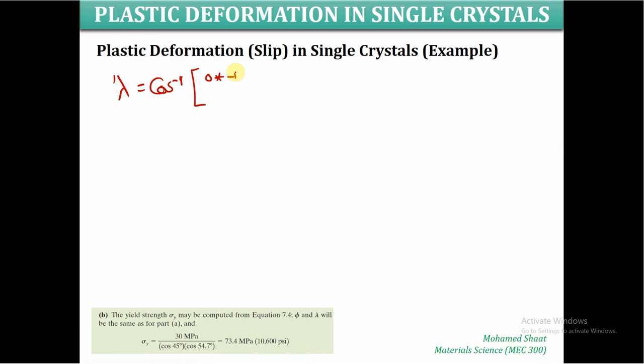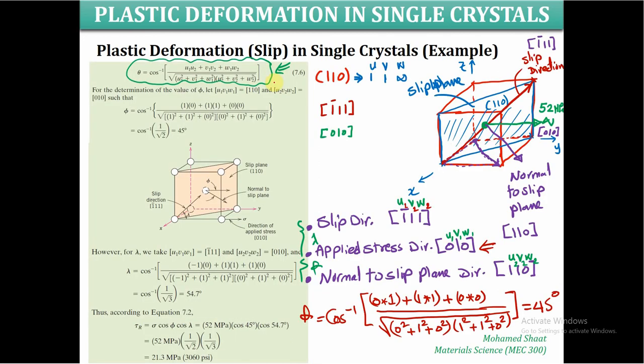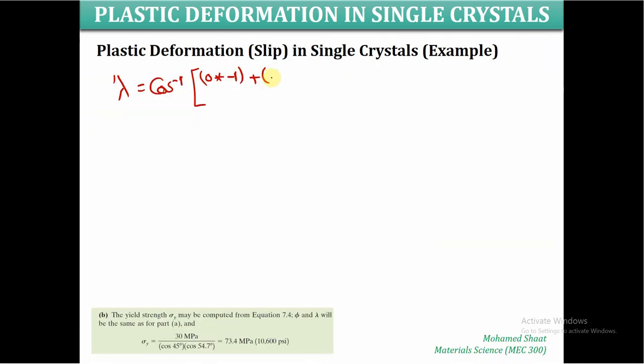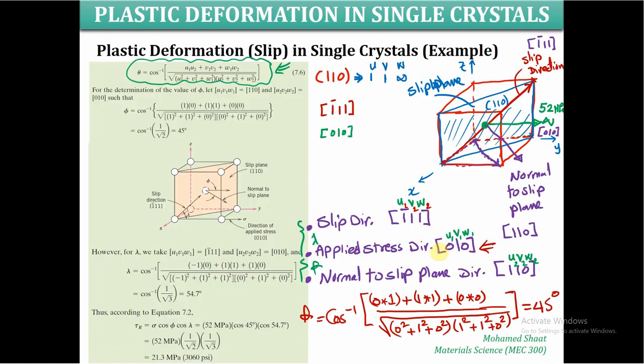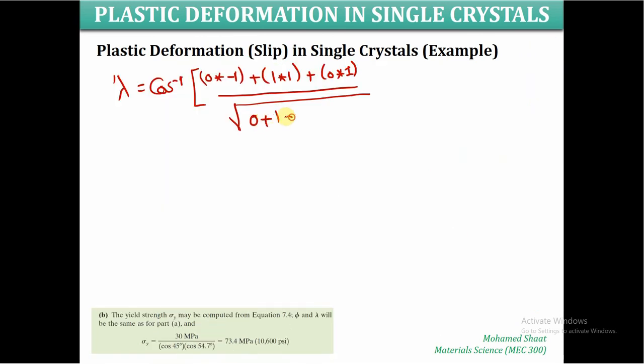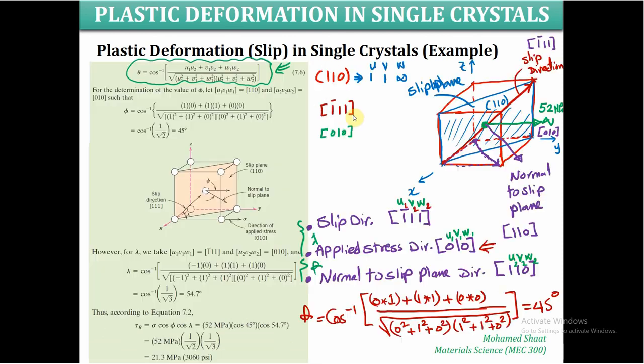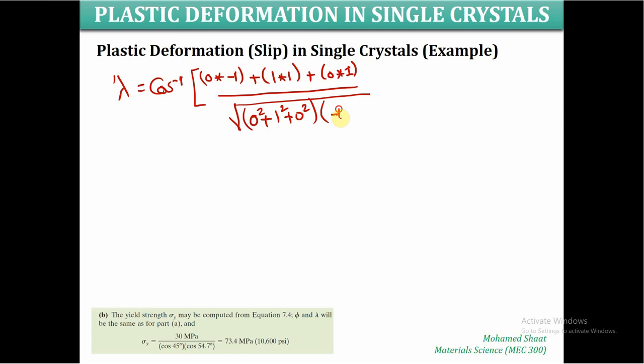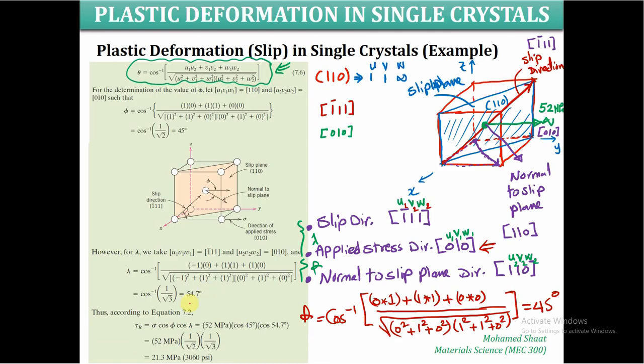so it is 0 times the other one here, it is -1, so it is times -1, plus V1 V2, V1 is 1, V2 is 1, so it will be 1 times 1, plus 0 times 1, this is W1 W2, divided by the square root of U1, which is already 0 square, plus 1 square, plus 0 square. So this is going to give us 0 plus 1 plus 0. It should be squared. And all of this should be multiplied times the -1, 1, 1, so it's going to be -1 square plus 1 square plus 1 square. If you do the calculations using the calculator, you're going to end up with lambda,